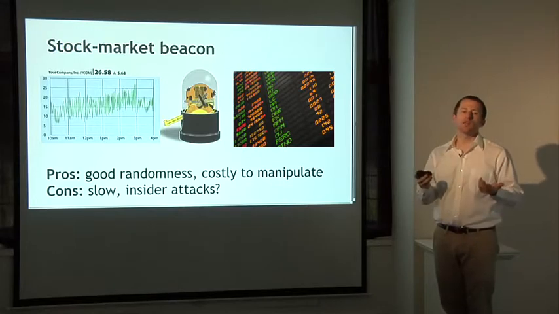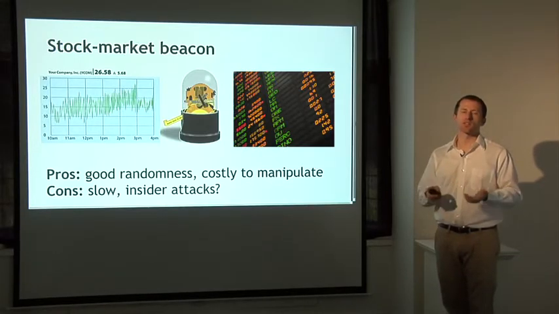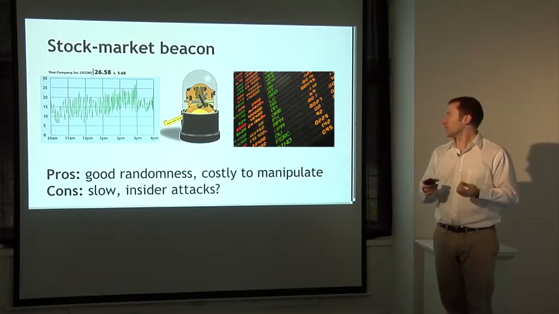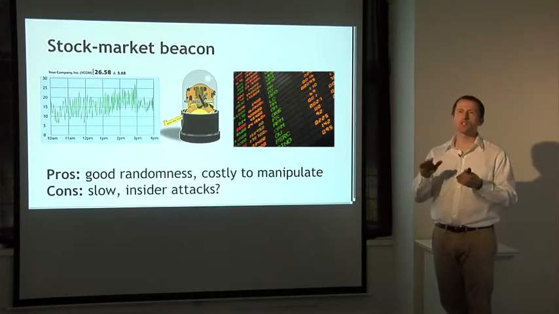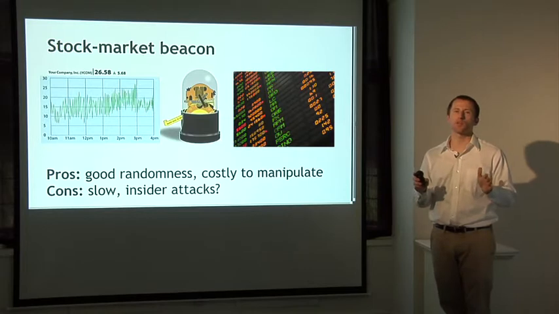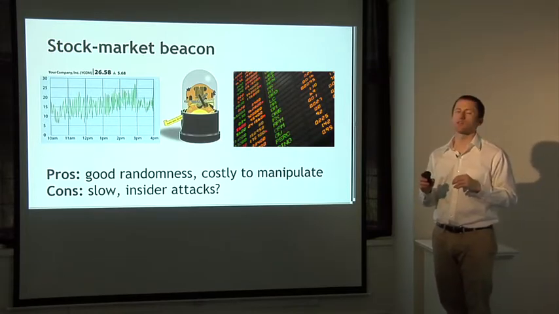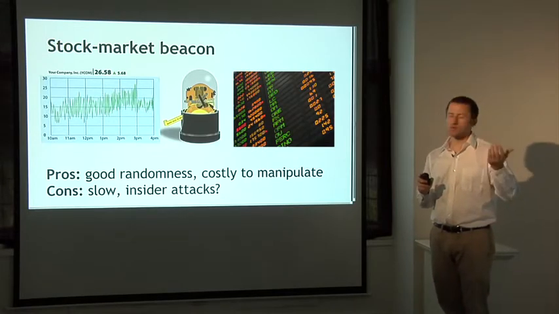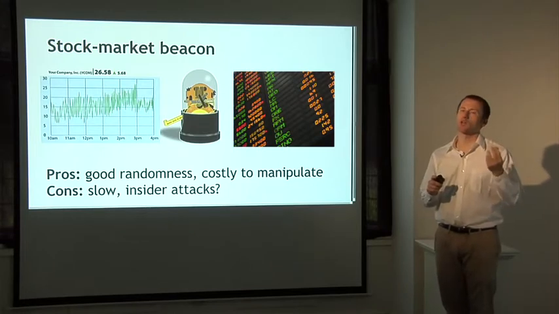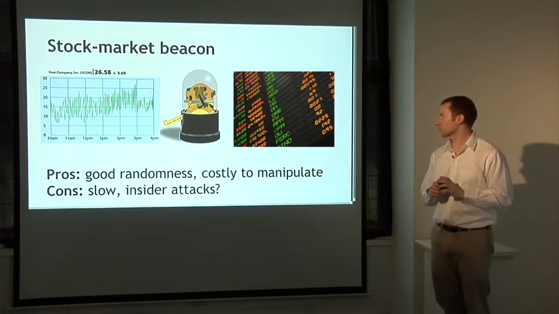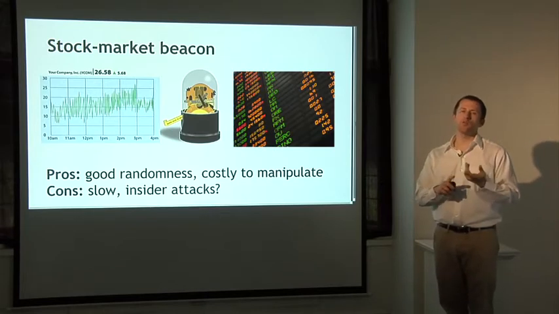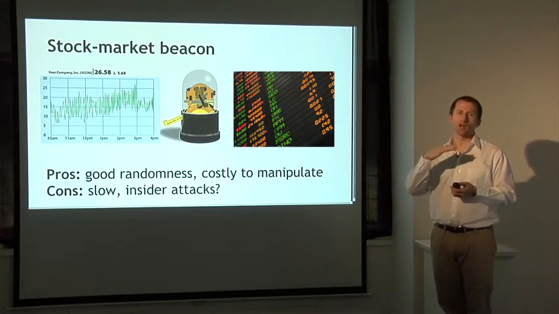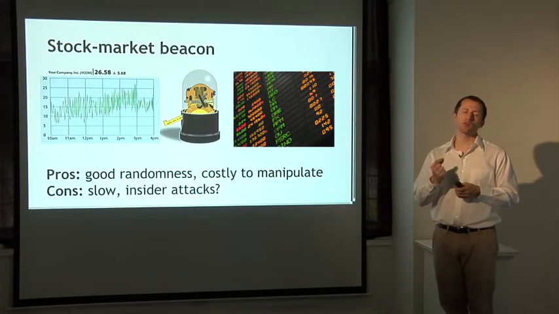So a similar idea is to take financial data, specifically stock market prices, and say, can we build a randomness beacon out of that? And again, these are publicly observable, and there's a fairly good argument based on a bunch of complicated financial models that says that it's very hard to predict the low-level fluctuations of stock prices. If you could predict within a penny what the final price of a specific stock will be on the New York Stock Exchange tomorrow, you could make a lot of profit as a day trader from that knowledge. So the randomness is good, and it should be fairly costly to manipulate. You could try to rig this by, say, buying or selling stock to try to drive the stock price to a specific value that you want, but that has a real cost that you can compute.